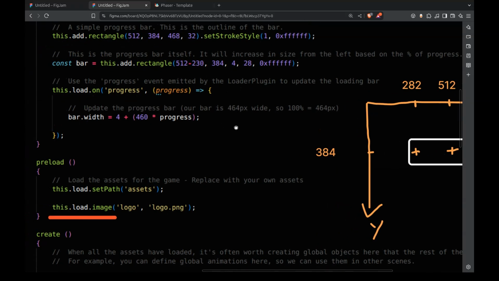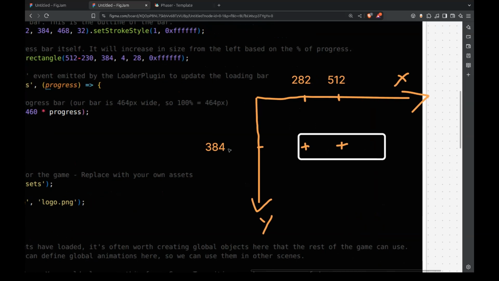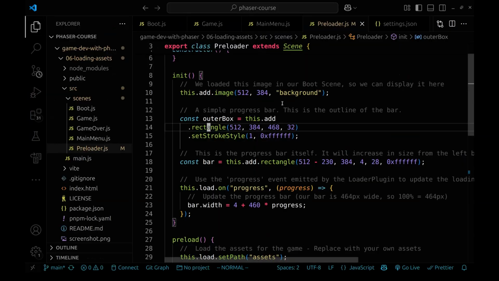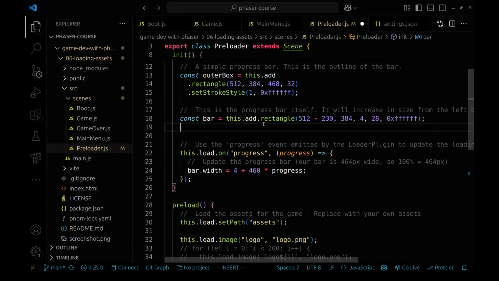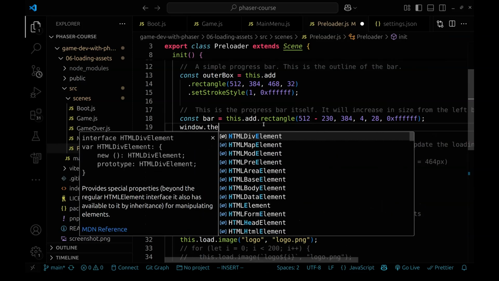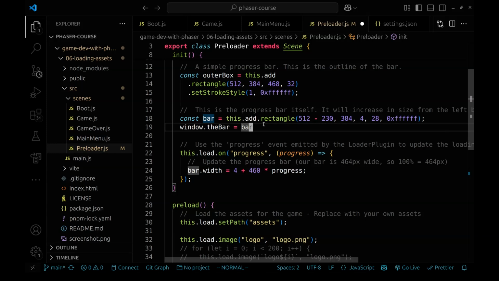But when we're doing it dynamically, once it's already been drawn and we're incrementing the width, what we're doing is incrementing the position of the right edge of the box, right? And I can maybe show this a bit better. If I take a reference to bar, and assign it to bar,